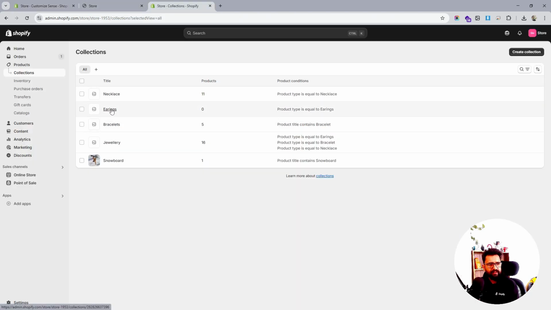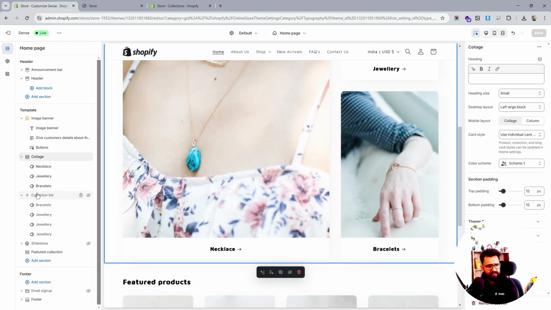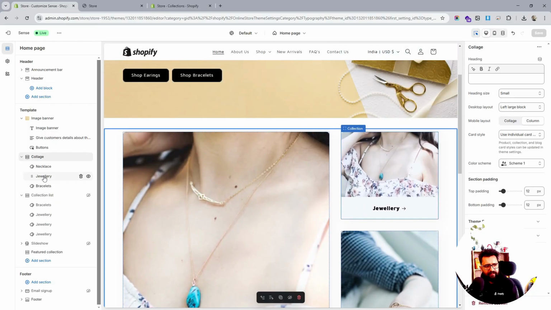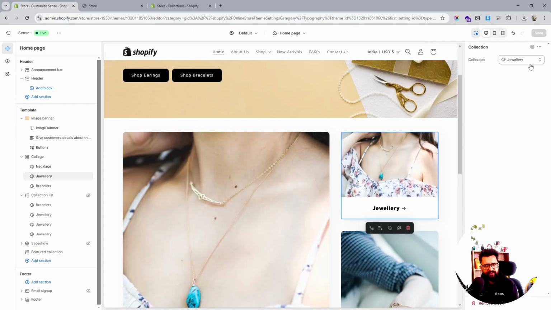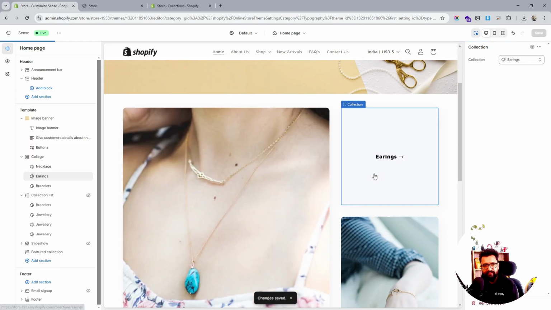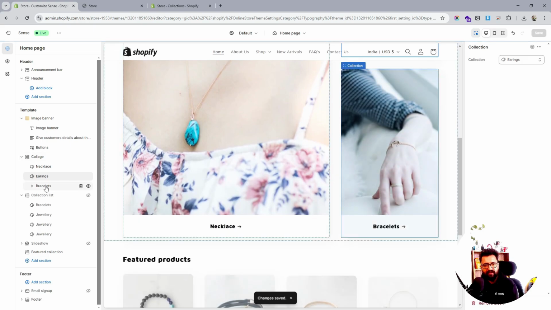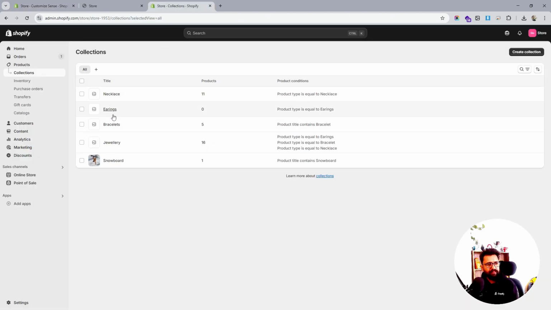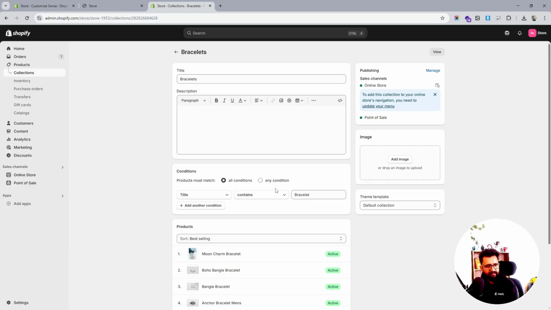And let's see, we don't have any products of the type earrings, so possibly I'll just assign some earring products so that earrings is visible. So I'll just do one thing, necklace, jewelry, and I'll just replace it with the earrings. It doesn't have any product at the moment, but definitely it will have a product. All right, in the bracelet, I'll just